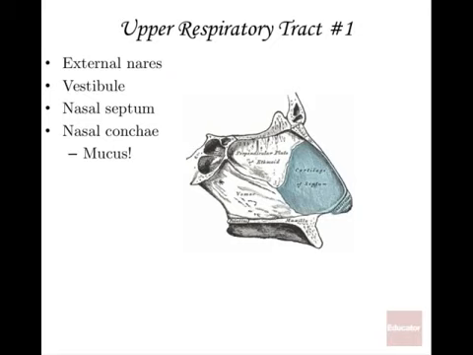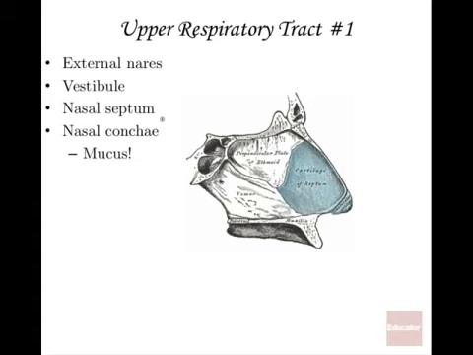The hole that actually leads into that opening, into your respiratory tract, we can call the vestibule. And vestibule basically means entrance or doorway, and there are other parts of the body where the term vestibule is used. So here, the actual holes in my nostrils, that entrance is called the vestibule. The nasal septum. Septum is a term used in other parts of the body as well, like there's a septum in your heart that separates, for instance, the two ventricles from each other.